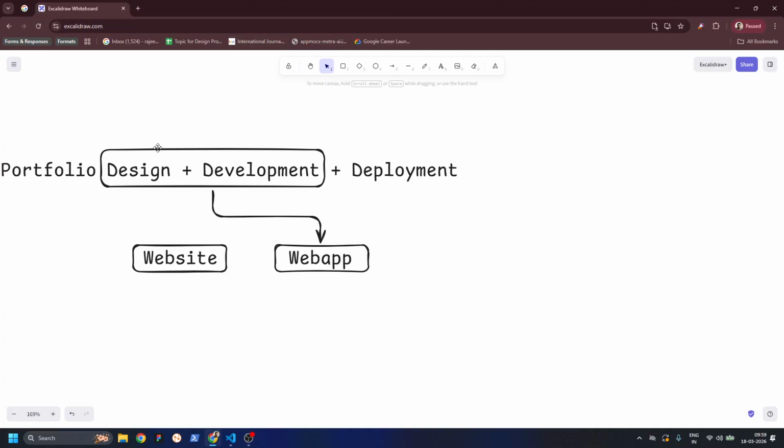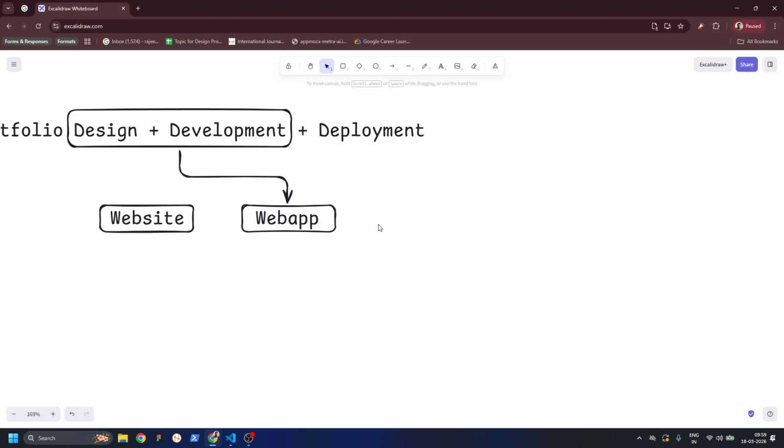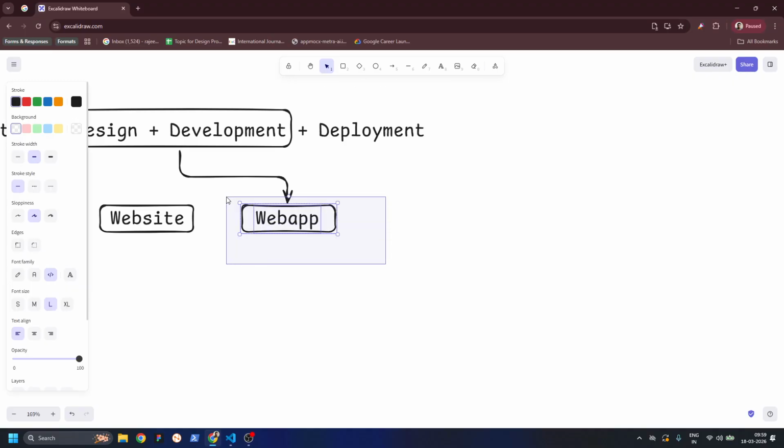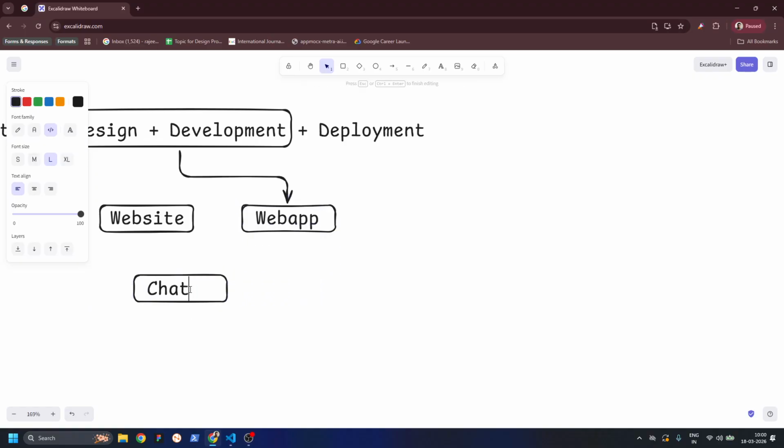Okay. So let's focus on our core objective, that we need to get the website done. So here we have narrowed down that we will be creating a web app. So after we have created a web app, we need to deploy it so that other people can access it. So for creating the web app, I'll be using some technologies. I'm going to list those. First, I'm going to use a